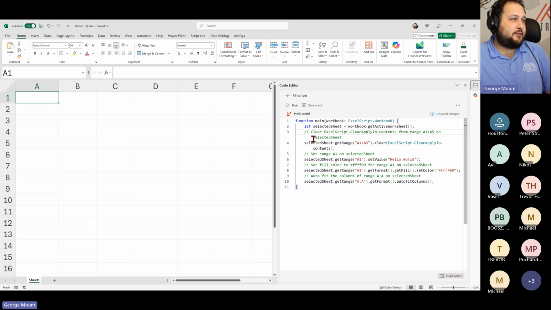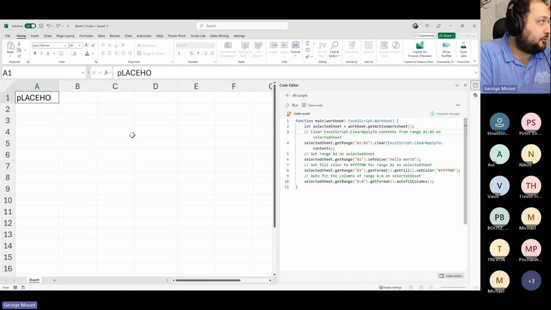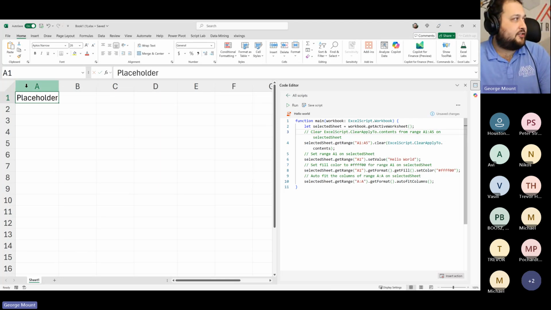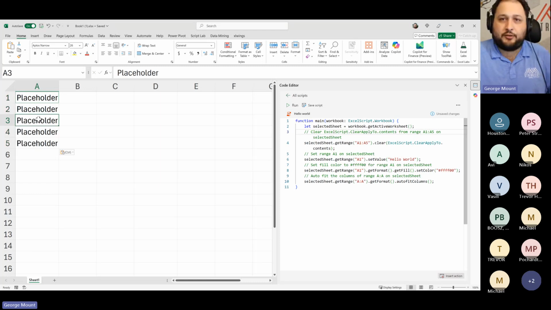So what I'm going to do here is take my data. Let's say I had some other stuff in here. Let's just put a placeholder here, because this is a common thing. When you're automating things, you need to write over things, you need to update things. You're not going to just do something once. So you want some safeguards in place to be able to write over and redo your work. So that's what we're doing right now.